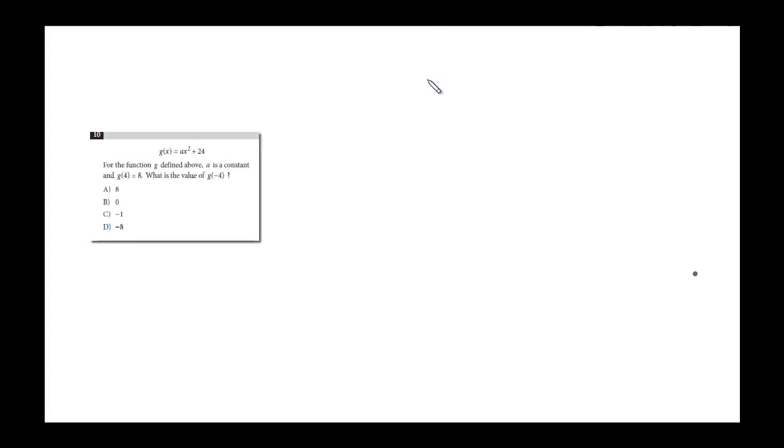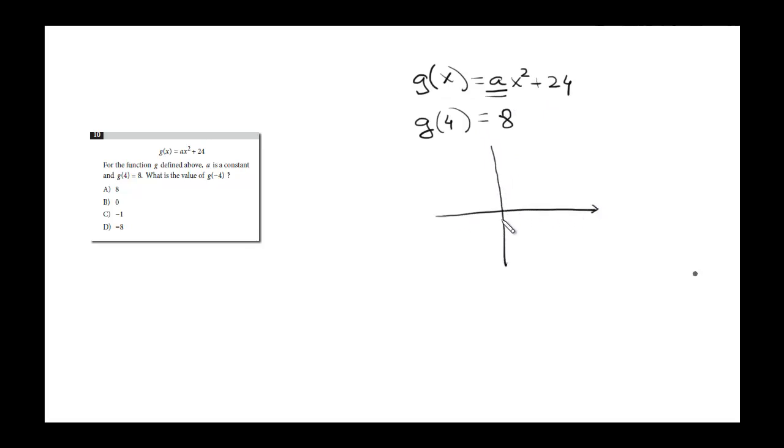In number 10, we are told that g of x is ax squared plus 24. For the function g defined above, a is a constant and g of 4 is equal to 8. What is the value of g of negative 4? Now the easiest way is to notice that this function is symmetrical. If I have to sketch the graph, it is a parabola